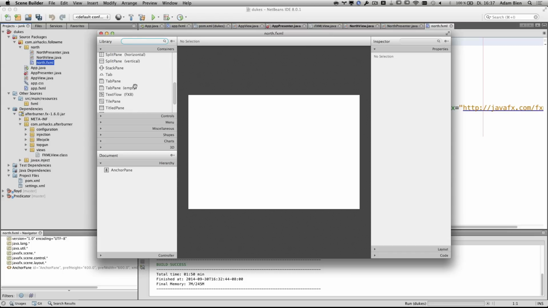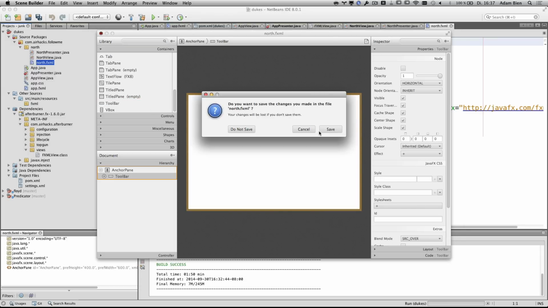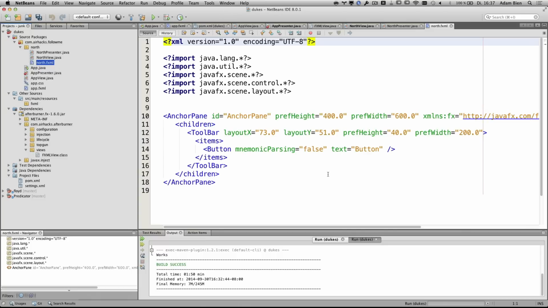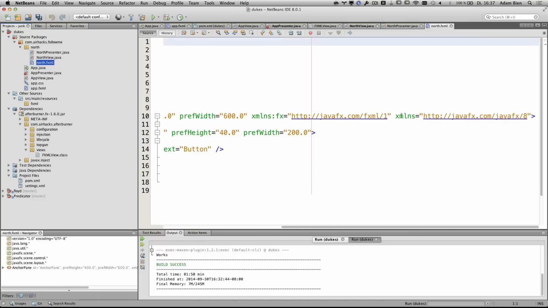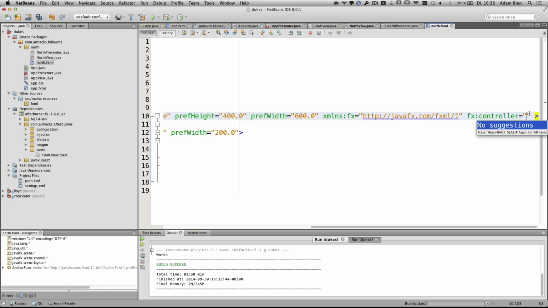Let's say a toolbar is nice. Save. So north presenter, what I have to do as well is put the controller. And this is a little bit redundant. This was the comment, I think, from the Airhacks, follow me. Any other questions? So ask me the questions. If not, I will just hack the application.